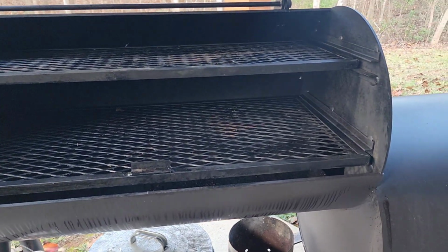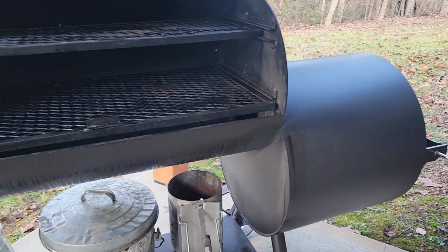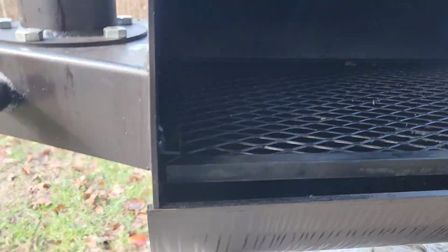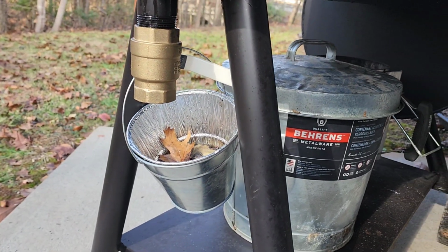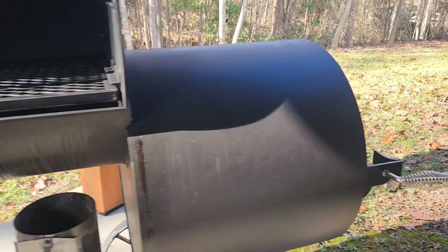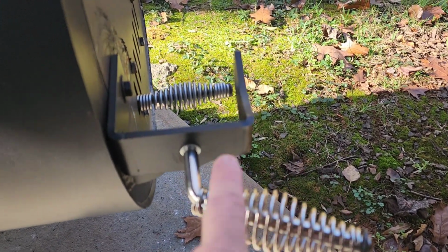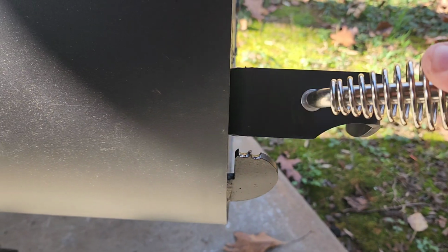Alright, I'm going to do my third mod on my Old Country G2 smoker today. First mod is the ball valve for the drain, which also catches leaves. The second was the handle, since this gets really hot. That's the third thing, kind of small, but